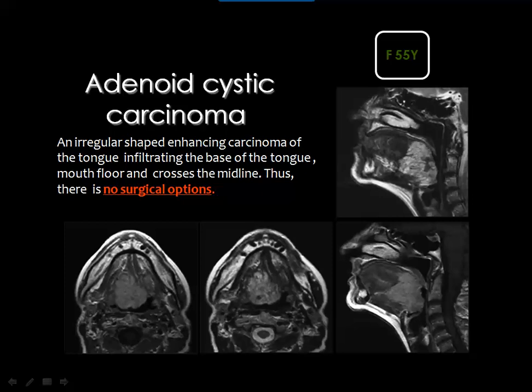The same with MRI, and you see a big mass infiltrating the tongue as well as the mouth floor. And in the sagittal image you can see that the base of the tongue is totally involved. The mass is bulging in the pre-epiglottic space, and it has infiltrated the genoglossus and possibly the